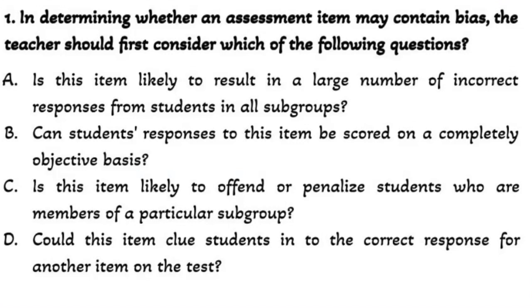The correct response is C. If an assessment item includes content or context that may be offensive to a particular group, members of that group are likely to become upset or, at the very least, distracted. Emotional upset and distraction interfere with an individual's ability to perform to the best of his or her ability. Additionally, if an assessment item penalizes members of a particular group, those individuals will be unable to accurately respond to the item. For example, if an assessment item about principles of investment uses a scenario such as a stock portfolio, some individuals may be penalized if they do not have the background experience upon which to draw to arrive at